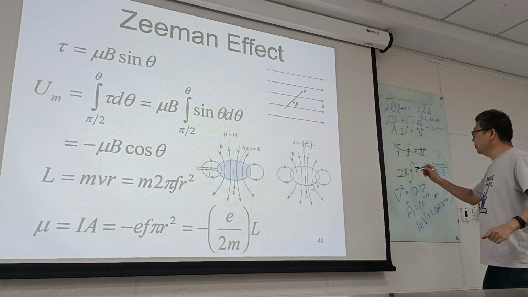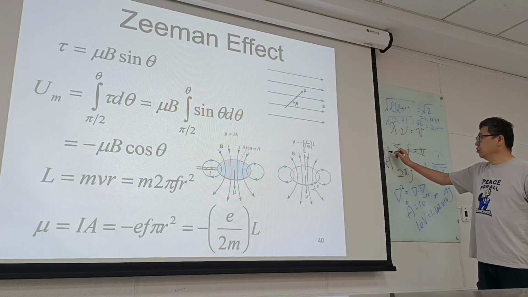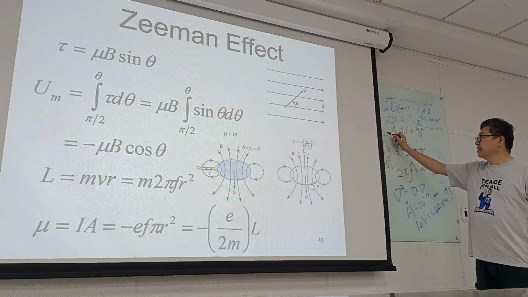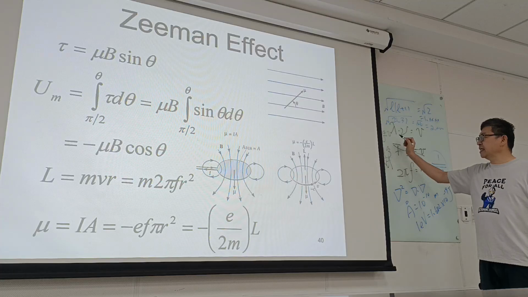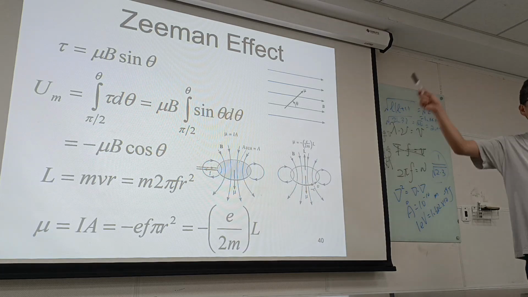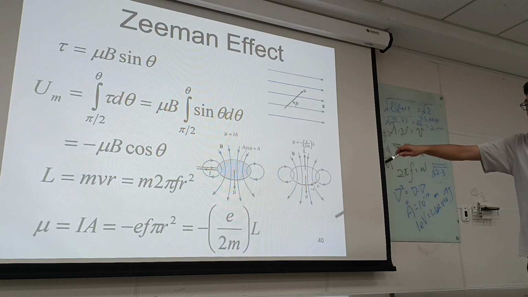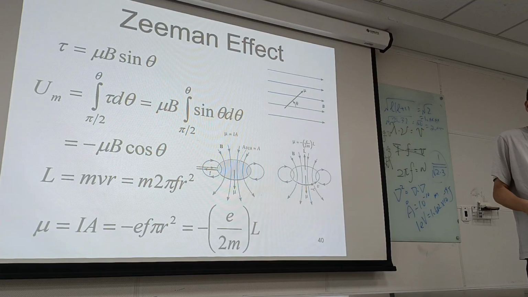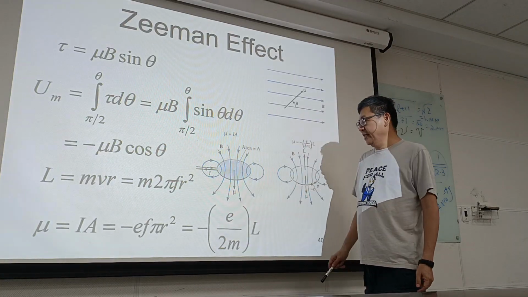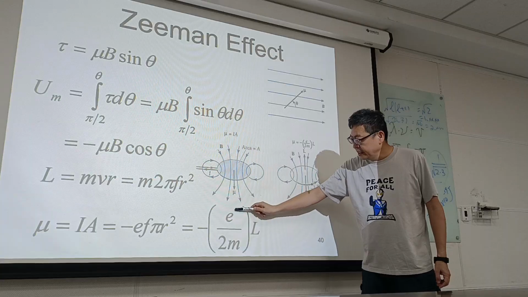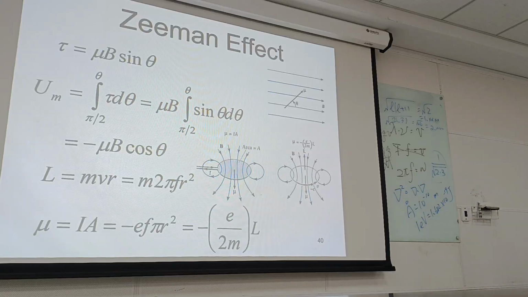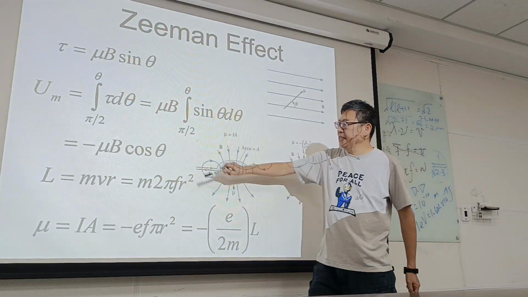Okay? I equal to dq/dt, or equal to qv, because ds/dt is v. So we know that what is frequency? Frequency is 1 over time, right? So ef is the current. Okay, so mu equal to this, and L equal to this, and we know that mu will equal to e divided by 2mL. Okay, we make this. And then finally, if we put this inside here,